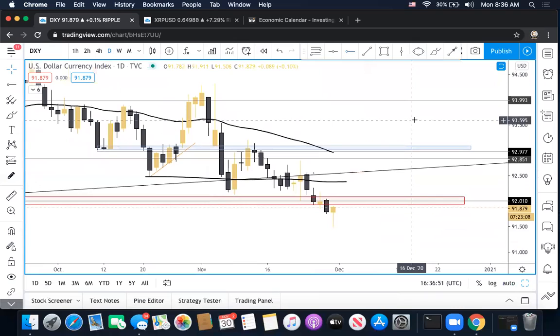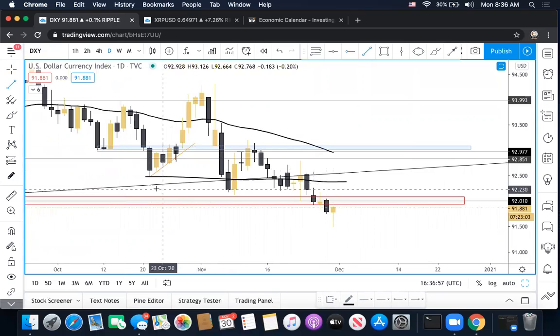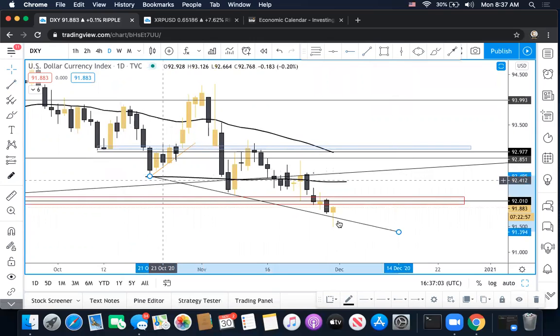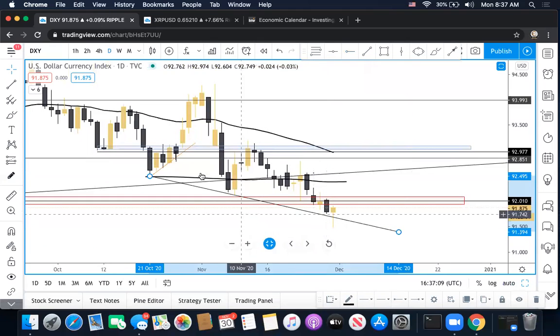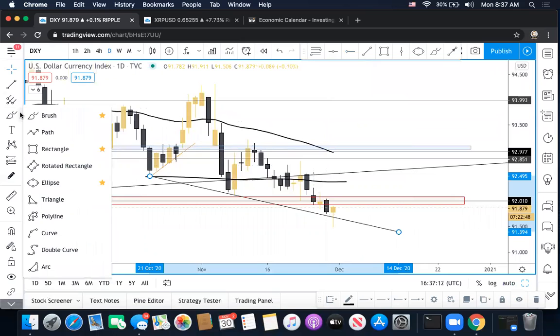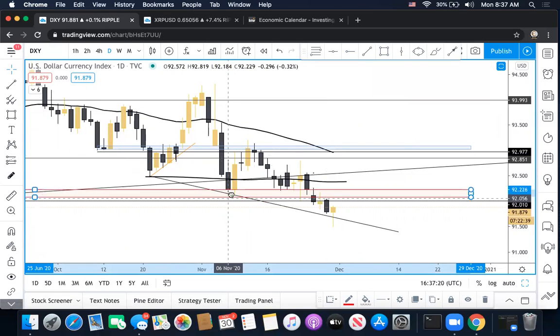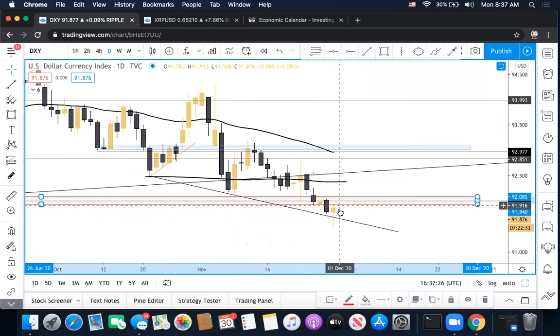So now, when I come to the daily time frame and just look at the overall price action, you can clearly see price moving within like a wedge. So if I were to draw a trend line at the bottom to here, you can clearly see that price pushed down and we may get a rejection back up. So now overall, it may just be a retracement to go lower, but it just may not be ready to drop all the way. So I would need to see the market overall push back above 92, push back above 92 resistance really. And then from there, I would need to see the price break back above the trend line. If we can't do that, then it would be a breakout retest to the downside.